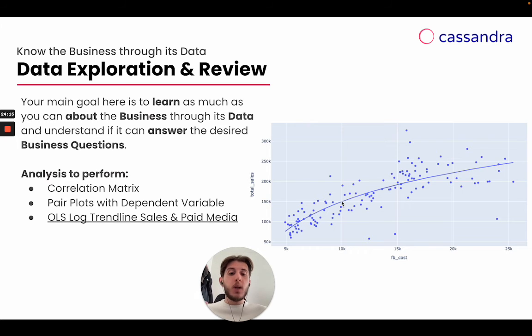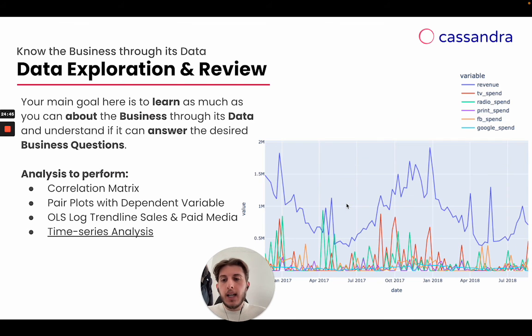That's something that you will get a better idea of later down the road during the modeling phase for sure. But starting to analyze these kinds of things will give you the power to enter the modeling phase with a lot of ideas, a lot of hypotheses that you will want to validate during the modeling phase. And basically, that's it. So you get an idea of your saturation curves per paid media channel and maybe the saturation point